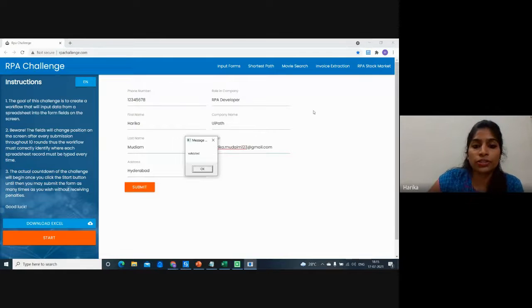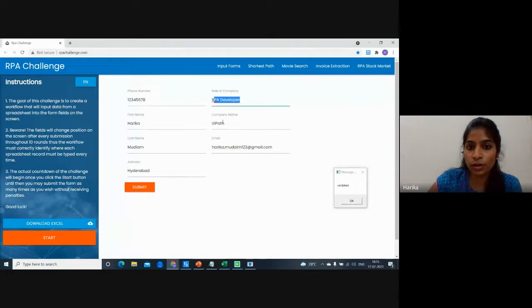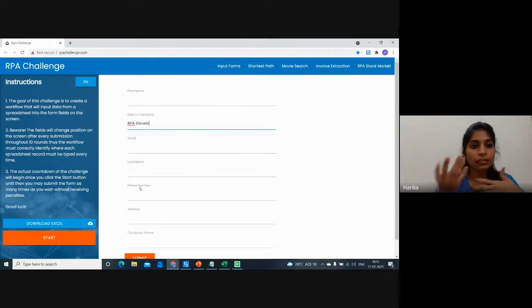Okay, so if you just observe here, we have phone number, first name, last name, address, role, this is the company name and email. Every detail, whatever we've given, all the details have come and been placed in the exact text boxes, correct? There is nothing that has been entered inappropriately. Everything is mapped properly, correct? And then I'll say okay, and then it clicks on submit, and then it's going to the next page.